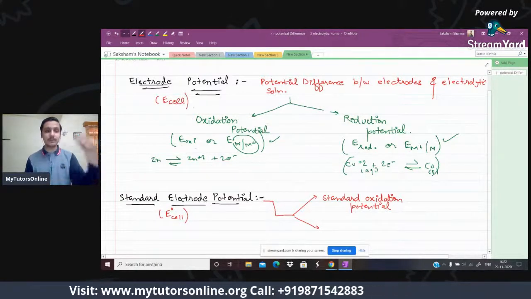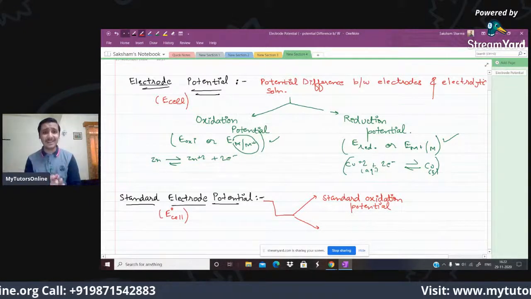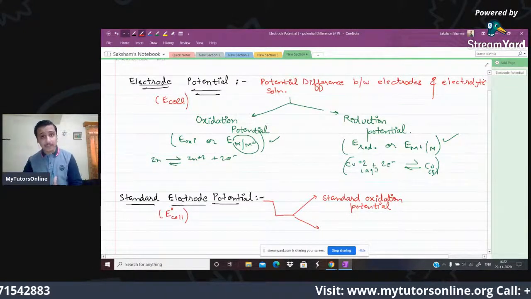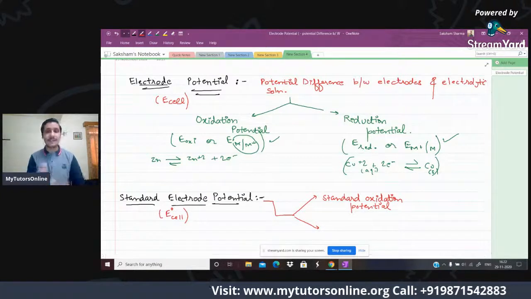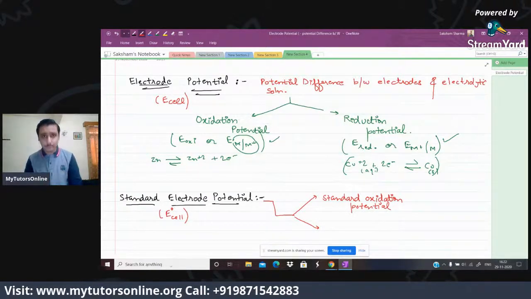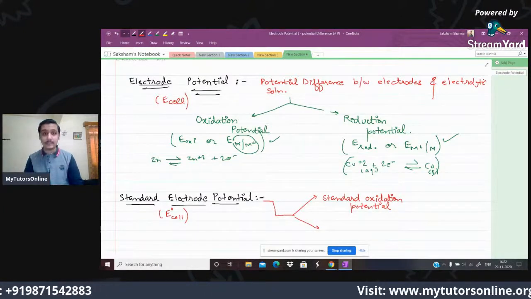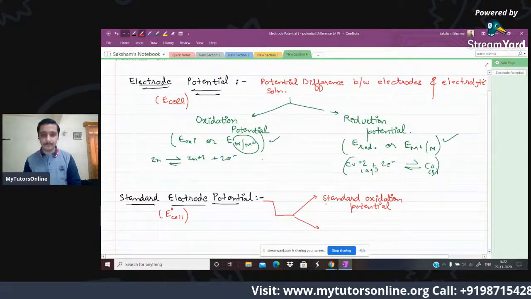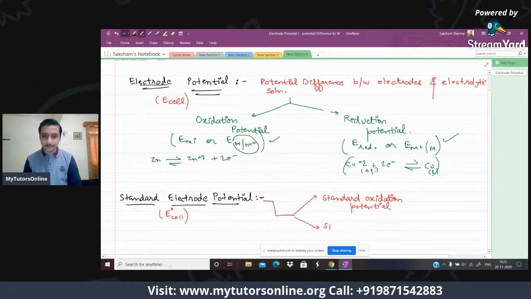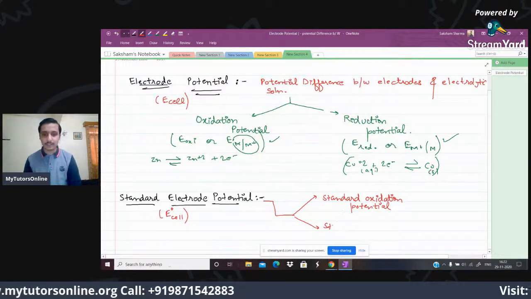So what is the difference between electrode potential and standard electrode potential? Nothing. Standard electrode potential is electrode potential at standard conditions. That is 1 bar pressure, normal or room temperature, and very, very important, the concentration of all the ions is 1 molar. And you have two types of standard electrode potential, E naught cell: standard oxidation potential, and